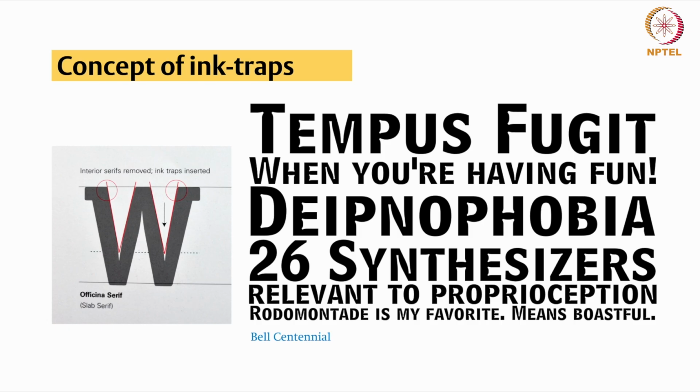Ink traps. Ink traps are purposeful design modifications in the letter forms where small notches or gaps are added at the junctions of the strokes. These tiny details are designed to account for ink spread or bleeding during the printing process. It was quite popular during the early period when the paper quality was not good. So ink traps prevent letters from appearing overly dark, smudged, or losing definition in these areas, especially in smaller font sizes or when printed on lower quality paper.